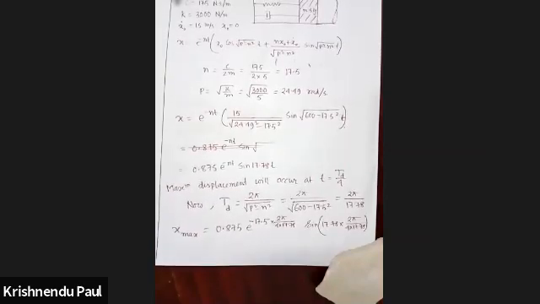Yes, sir. Have you got it? The value on my calculator is 5.508 into 10 to the power minus 3 meter. Okay. In my notes it is written 5.12 into 10 to the power minus 3 meter. So x max is equal to 5.12 into 10 to the power minus 3. Please calculate the answer, and whatever the answer, that will be correct.